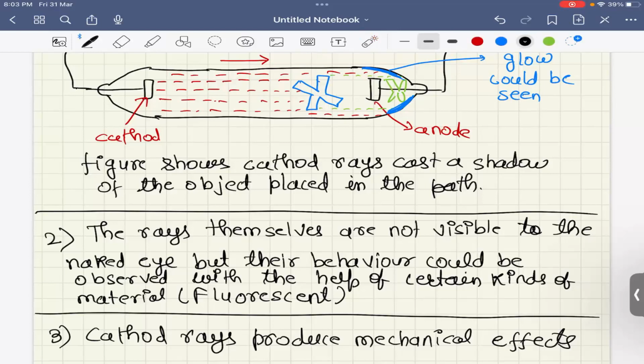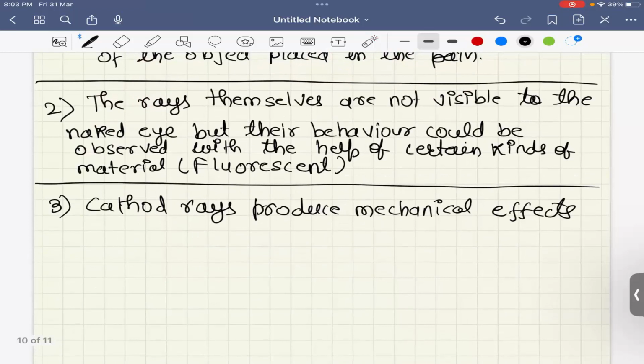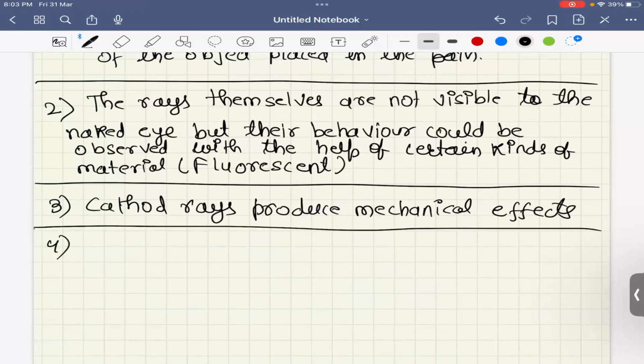Then further it was also seen, right? So this was the third observation, the third nature of cathode rays. The fourth would be, and this is very important, so let me write it: in absence of electric or magnetic field,